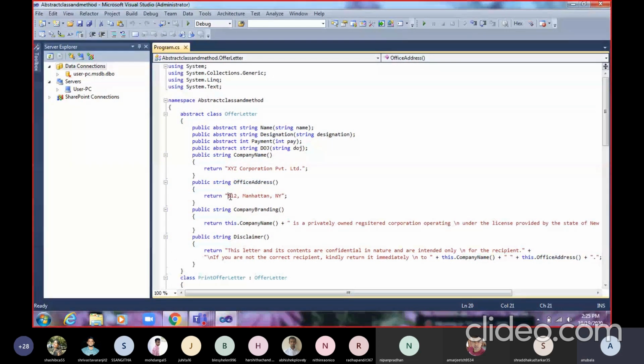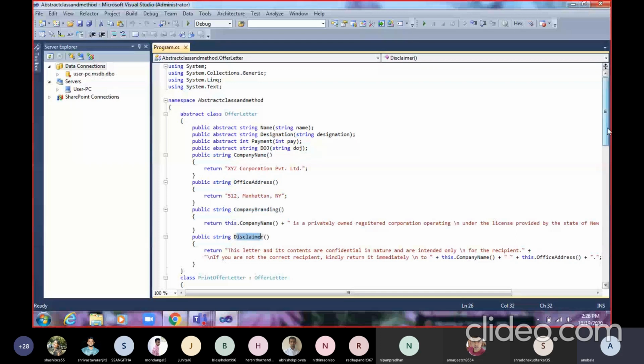What it is actually doing is printing some information about the company. This method will be used wherever you want to print a company name, office address, branding and disclaimer. So this is the abstract class.